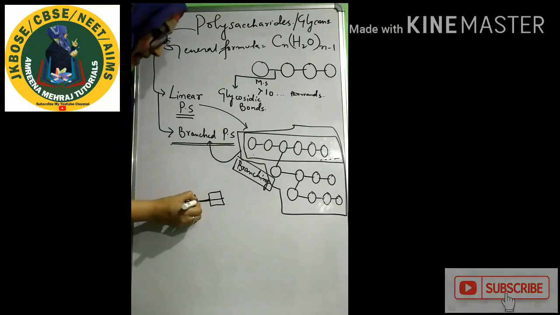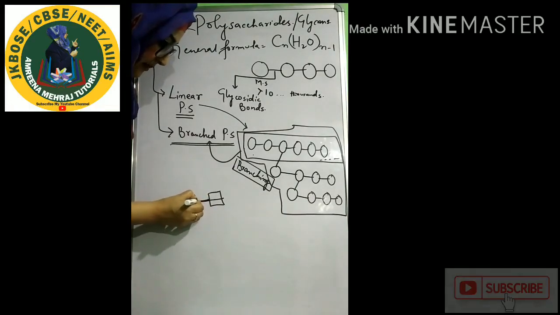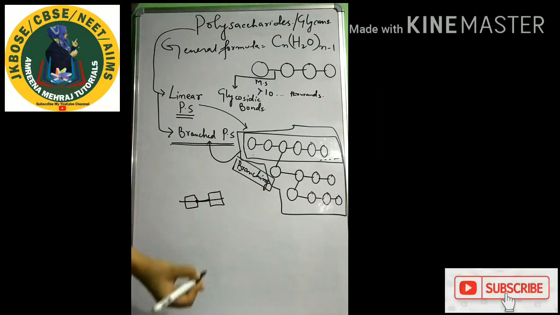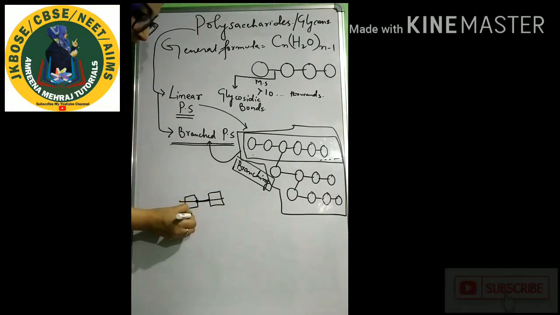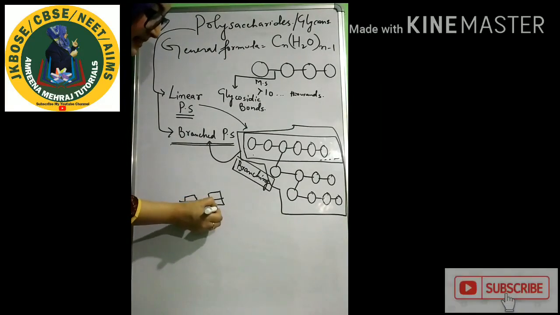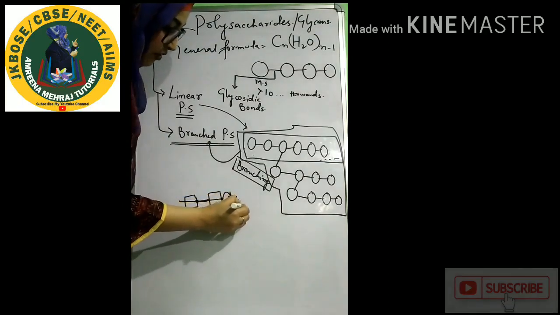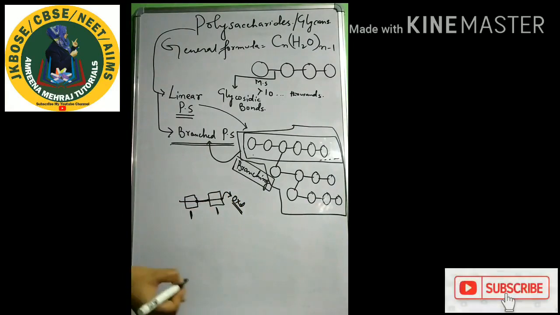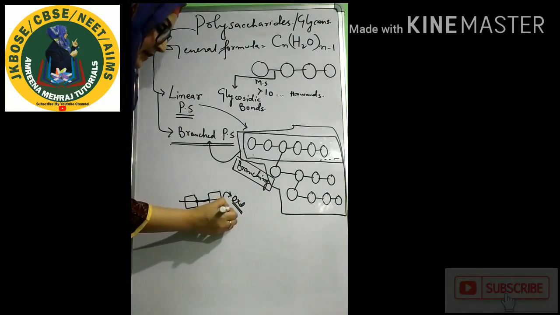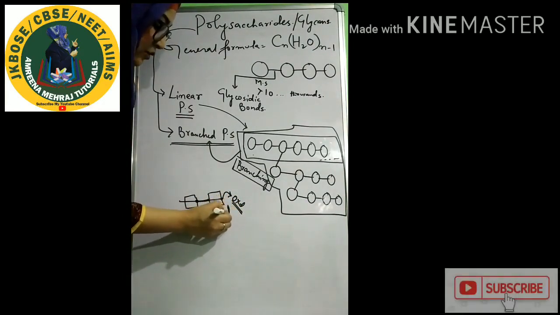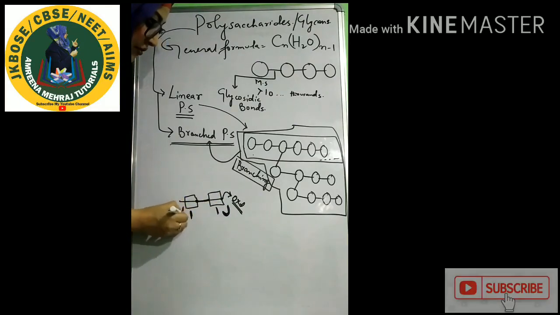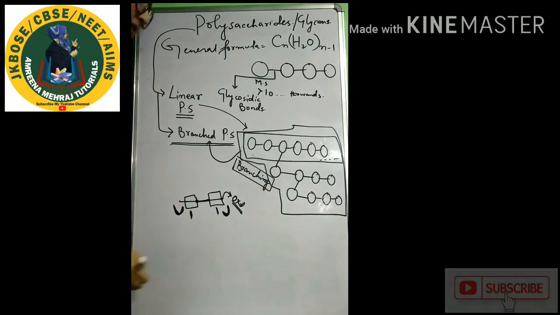That is, there's an indication that you don't have carbon number 1 available for any sort of reaction in this glucose. But in this glucose, carbon number 1 is available for the purpose of oxidation. Accordingly, we say that this end is reducing in nature and this is non-reducing in nature. So same is the case with